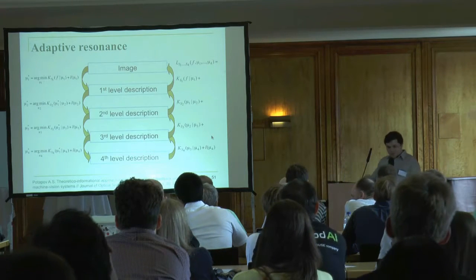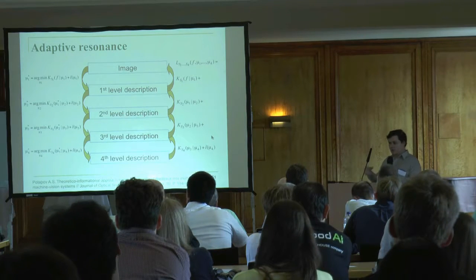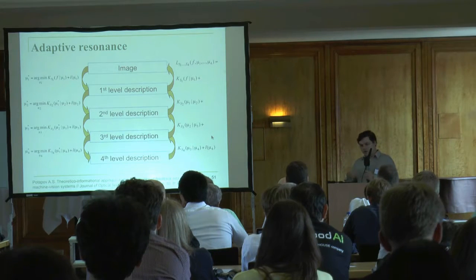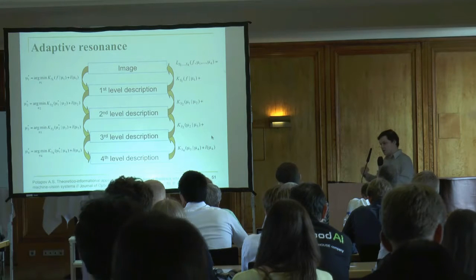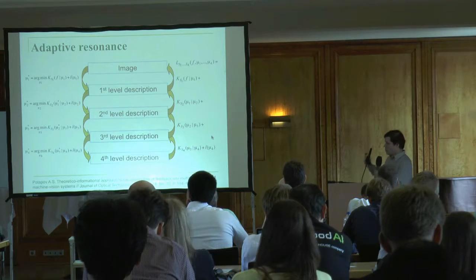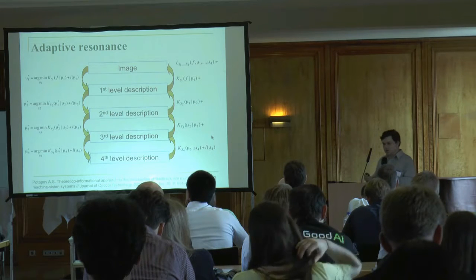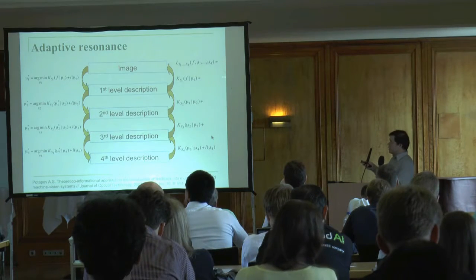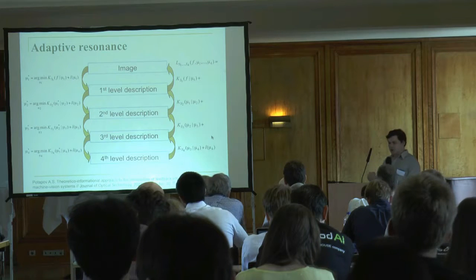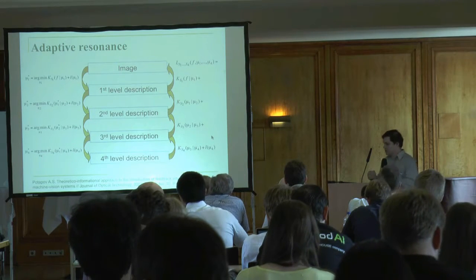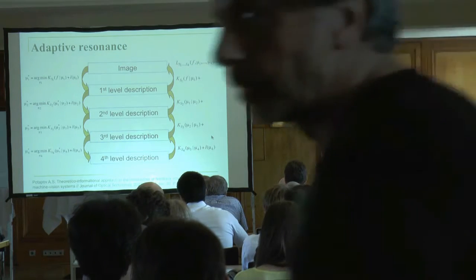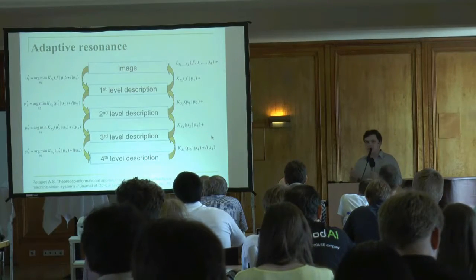So using information theoretic criteria, we can say, for example, that to construct the most appropriate image description on a higher level, we should not only construct step by step good descriptions on previous levels, but we should optimize the total description length, which should be considered as a sum of description lengths on all levels, and this can help us formalize in terms of information theoretic criteria such a fundamental effect of adaptive resonance,